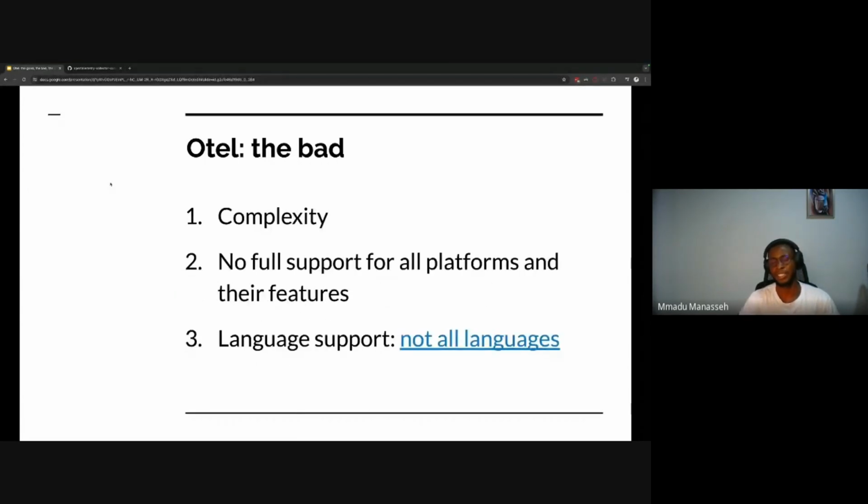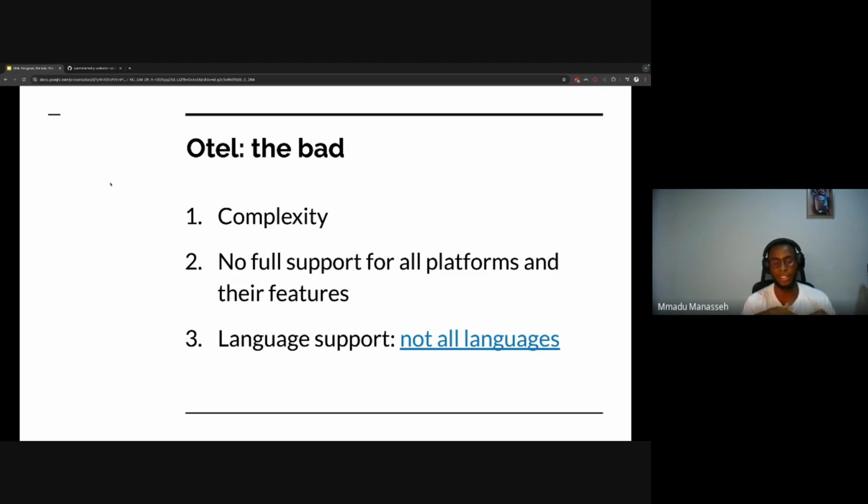So what's the bad thing about Otel? All right. The first one is the complexity. As we have already established, Otel has 3 major components. But amidst the 3 major components, there's the main one, which is the collector. And the collector itself has other components under it. So let me put this complexity as the initial hours it's going to take you to get familiar with Otel, right? It might take you a while to understand the Otel architecture, how to write the Otel code, and wrap your head around how to use Otel.